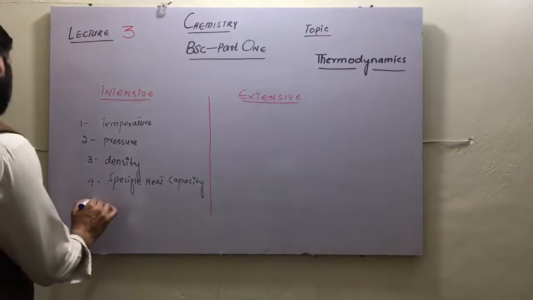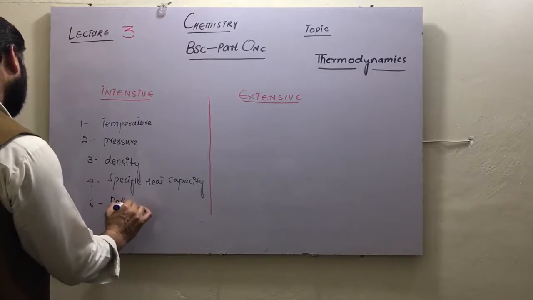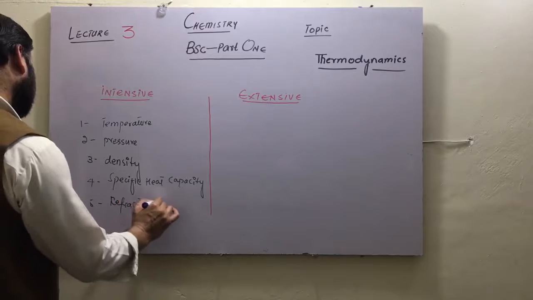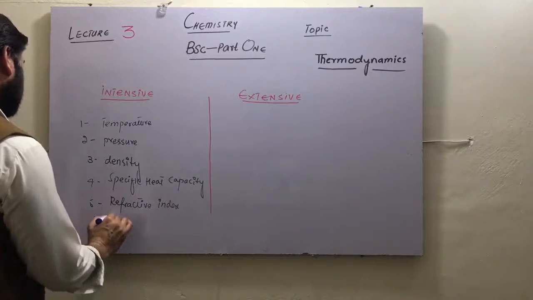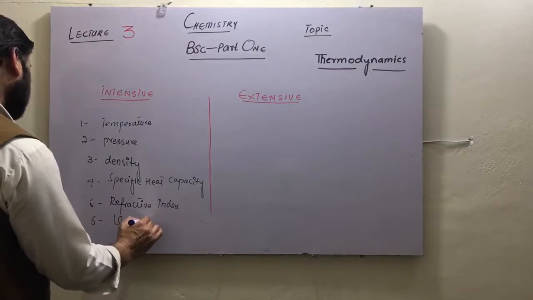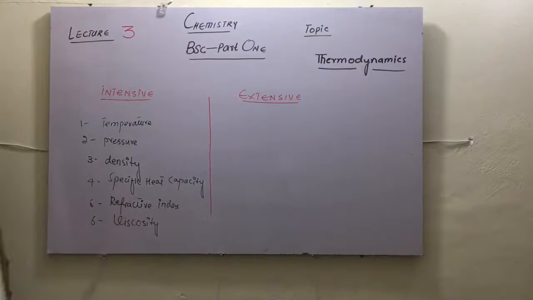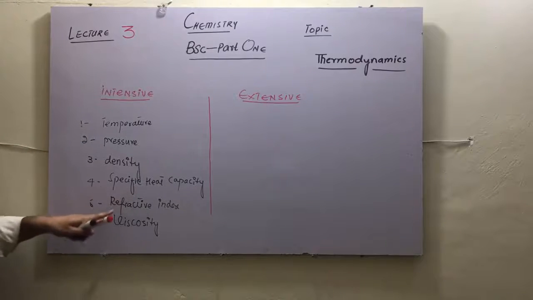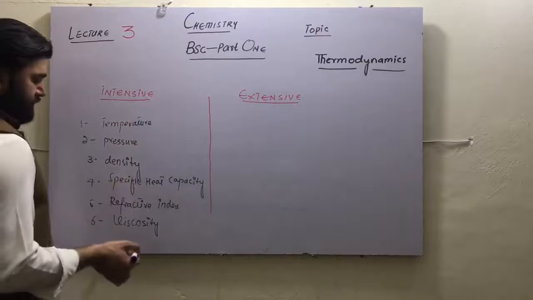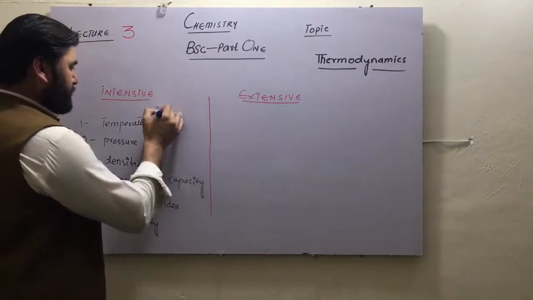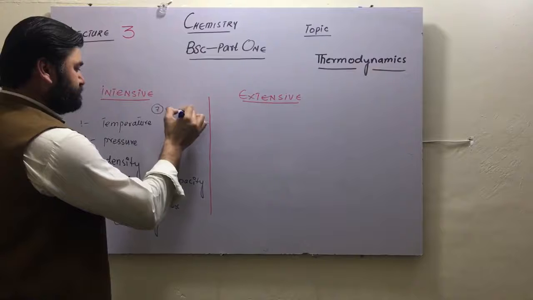Refractive index is also intensive. Number 6 is viscosity, which is also intensive. These are temperature, pressure, density, specific heat capacity, refractive index, viscosity, and all the concentration terms, like number 7. Let me write for 7. Concentration terms